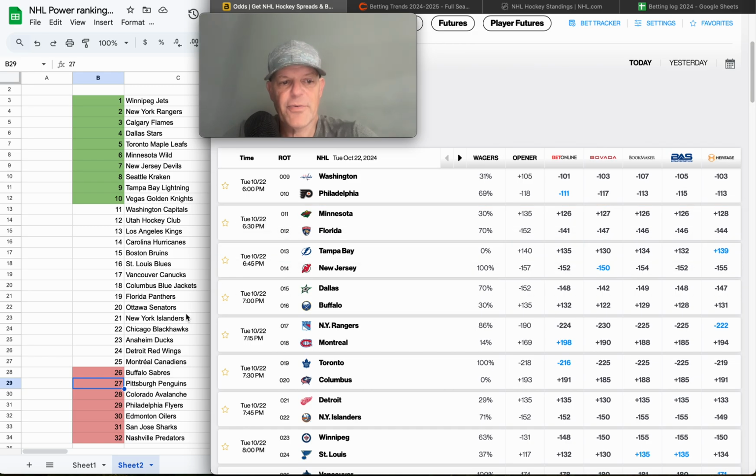Minnesota and Florida. We have Minnesota at 6th best team. We have Florida, basically a middle of the pack team. And that's a good potential play for a dog. You have plus 135 open. Line moves slightly in favor of Minnesota. That makes sense. And the majority of the time, if a team is halfway decent and they're playing at home, they're going to be favored. So just sort of know that when you're